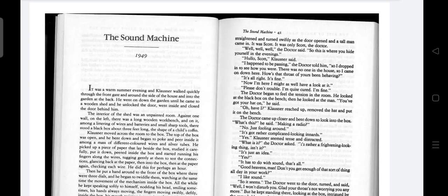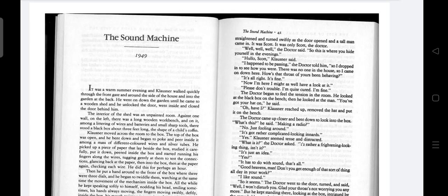Good morning, students. Today we are going to learn, or rather we are going to read, the chapter The Sound Machine, written by Roald Dahl. Roald Dahl was a British novelist, and he was also a short story writer, a poet, a screenwriter, and a fighter pilot. He was also considered one of the greatest storytellers of the 20th century.